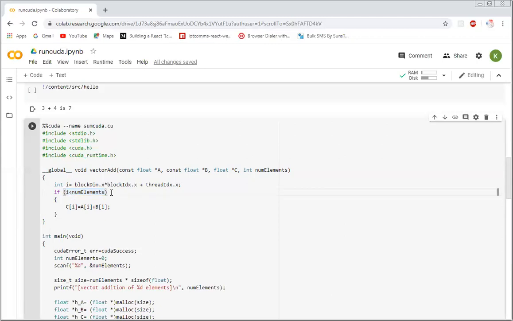If it is within the range, we are accessing the values of A and B, performing the summation at that index, and storing the result in C. In this way, we are accessing each index using different threads.